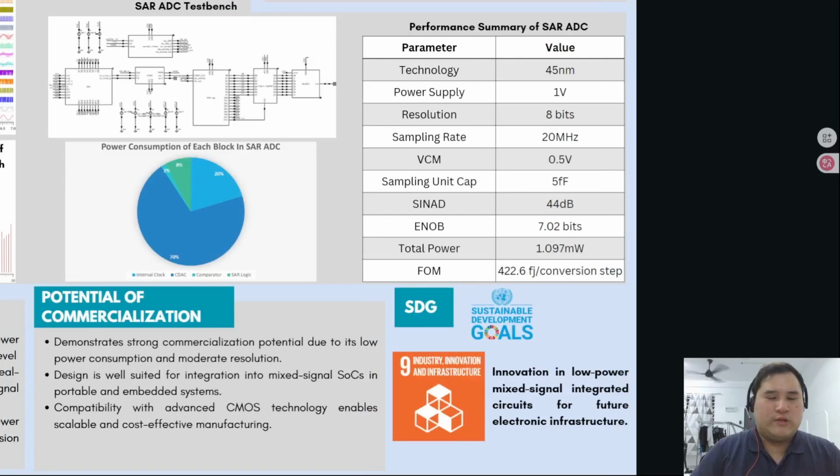Now I'm going to proceed with the SDG part of the project. This project aligns with SDG 9, Industry, Innovation and Infrastructure, by contributing to innovation in low-power mixed-signal integrated circuits that support future electronic infrastructure. By emphasizing energy-efficient data conversion and transistor-level optimization, the work addresses the growing demand for reliable